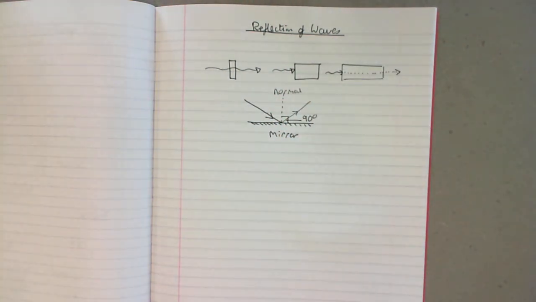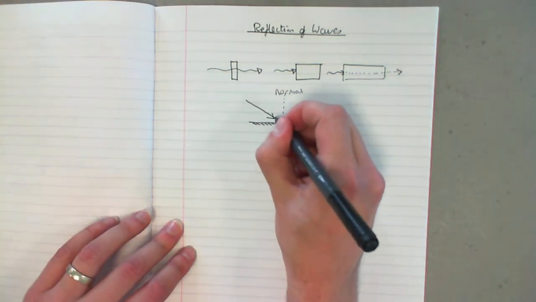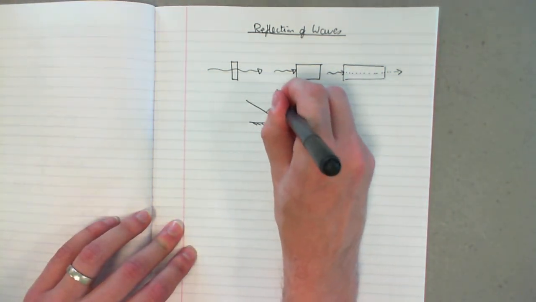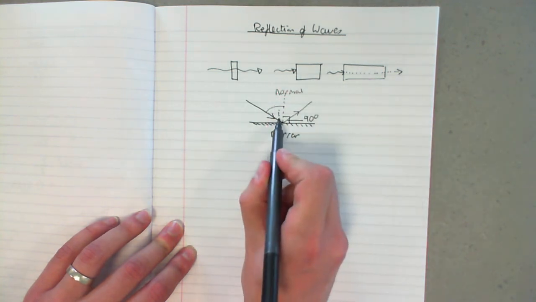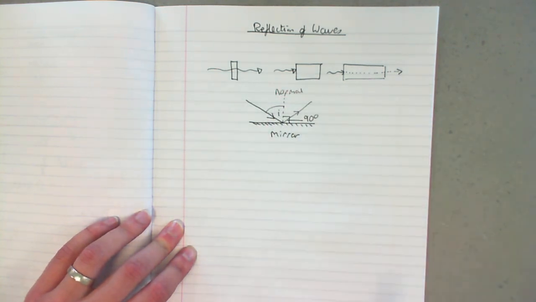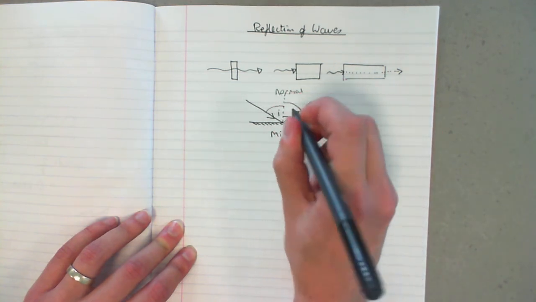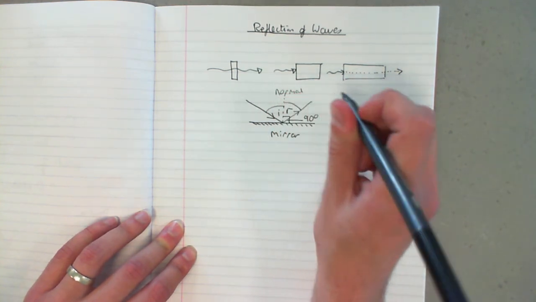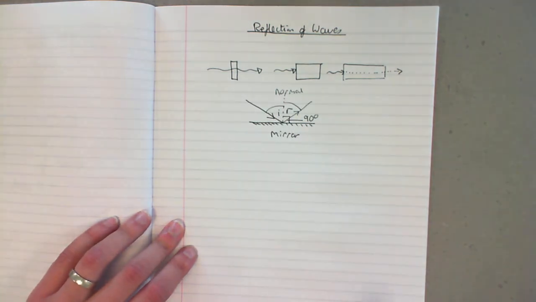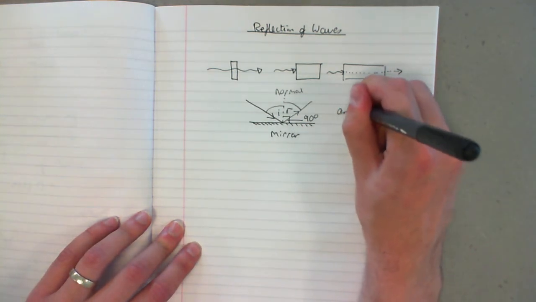To measure the angles we're interested in, the light ray coming in is called the incident ray. So this angle here is the angle of incidence, so label it I. This angle here, the angle of reflected ray, I'm going to label R, and that's the angle of reflection. And the angle of incidence